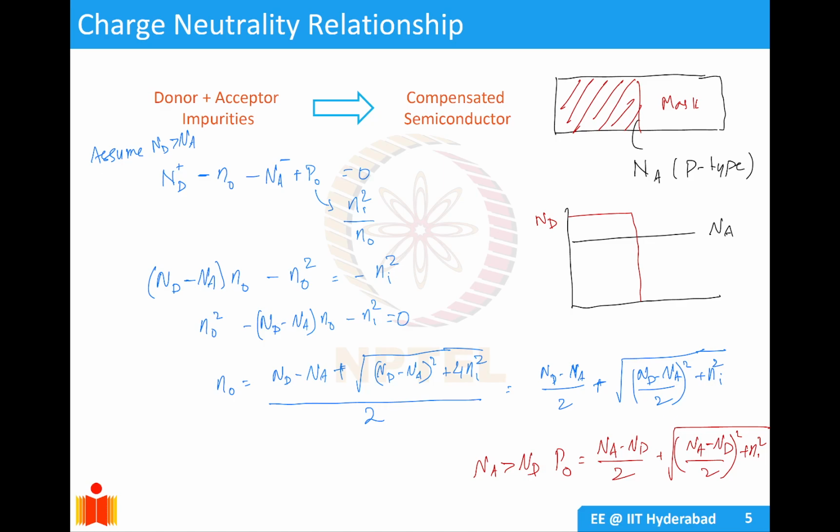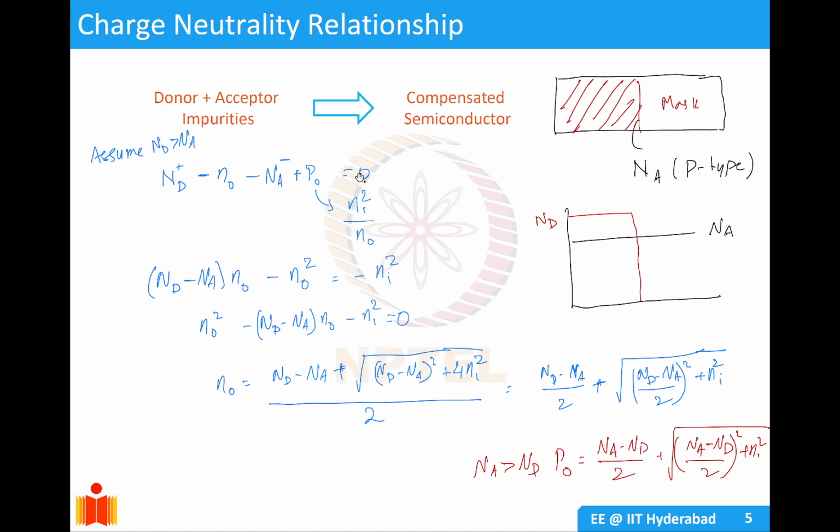Then we come to the charge neutrality relationship, which is that your electron and hole concentrations, the carriers available for current flow, compensate for the charged impurities generated by your donor and acceptor levels. So you have Nd minus n0, minus Nd plus minus n0, minus Na plus p0